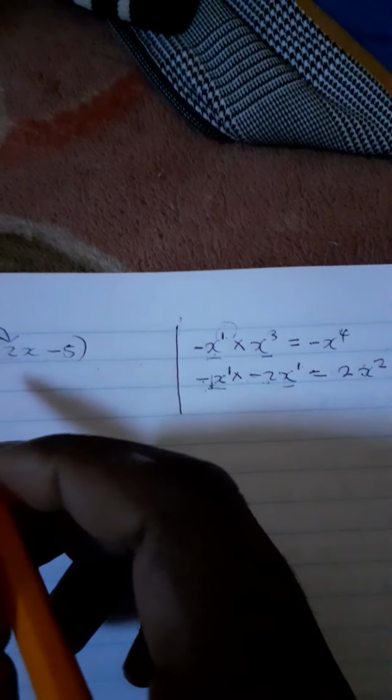So x and 2x, we know that there's a 1 here. We multiply 2 and 1, we get 2, because negative and negative have given us positive. And then there's a 1 and also a 1, so we add 1 and 1 to get x to the exponent 2, and then, which means it's positive, so we write plus 2x to the exponent